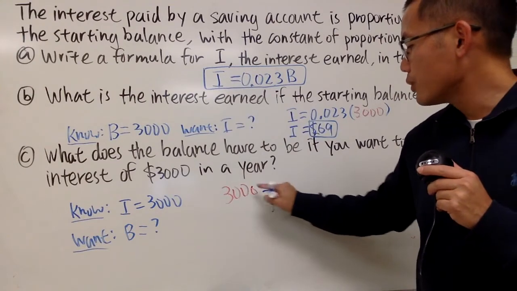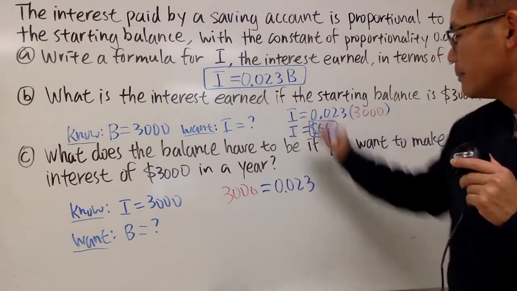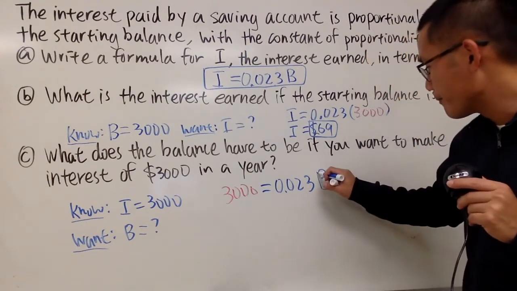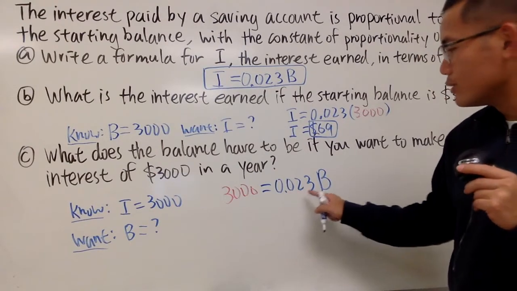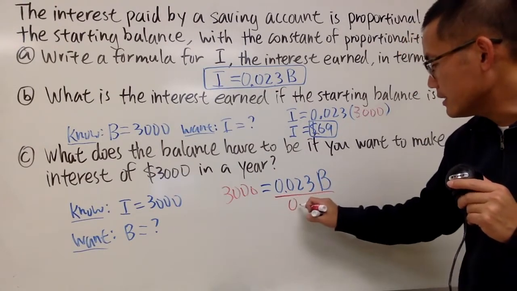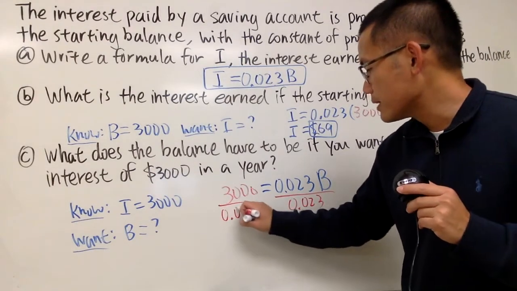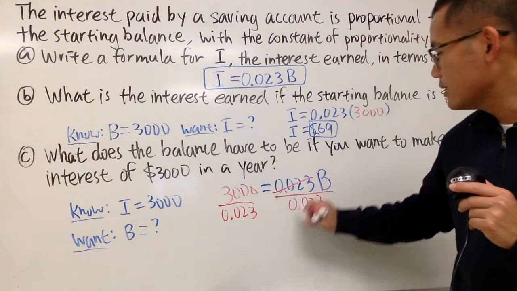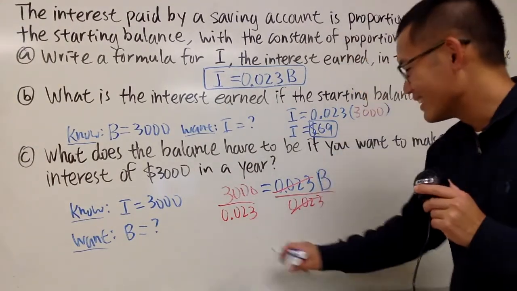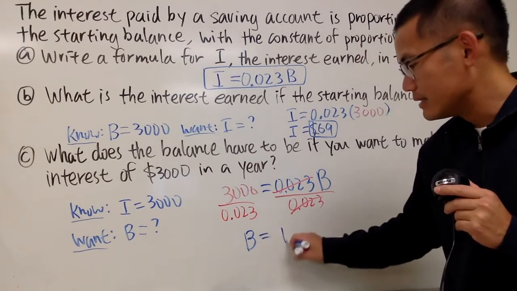And that's equal to, well, we still have 0.023. And the B right here, we do not know. So just write it down. Now this is 0.023 times B. Of course, this time we actually have to divide by this. Divide both sides by 0.023, so that this and that will cancel. And for this one, just go ahead and use your calculator. You end up with B equals